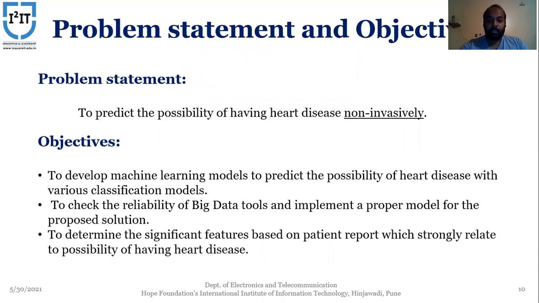Our problem statement is to predict the possibility of having heart disease non-invasively. You might be wondering what non-invasive means: that is, without drilling a hole in the body. So this was the motivation behind our project, and the objectives that we are going to achieve were